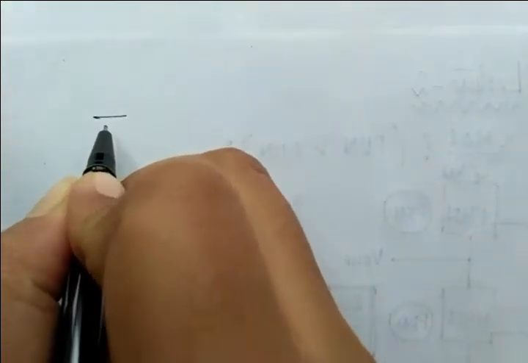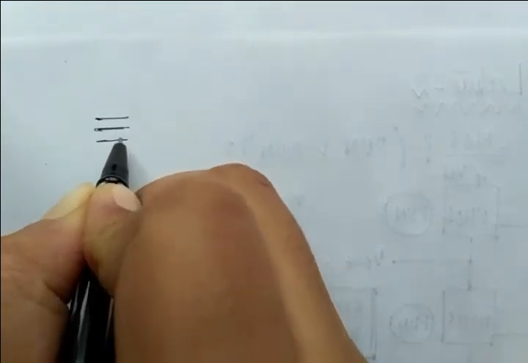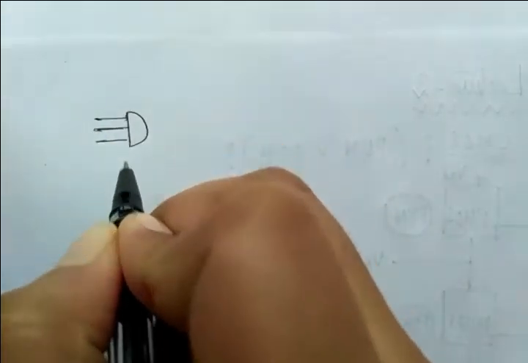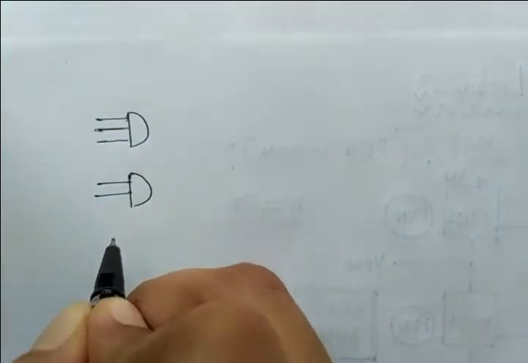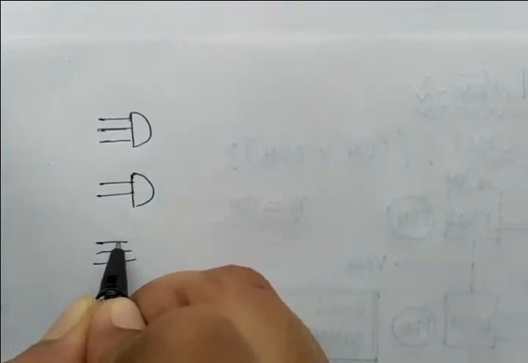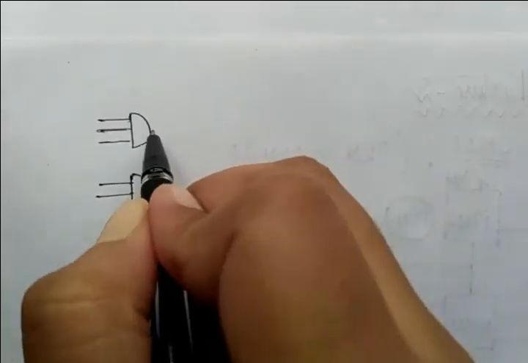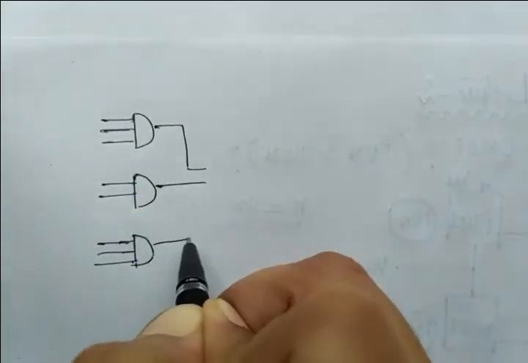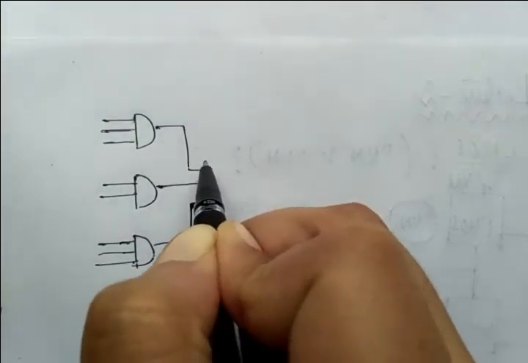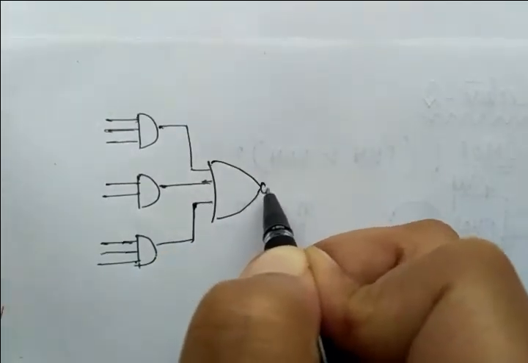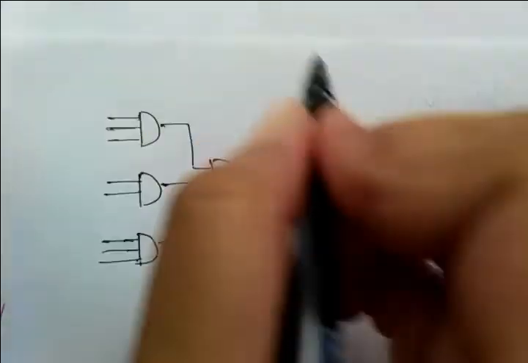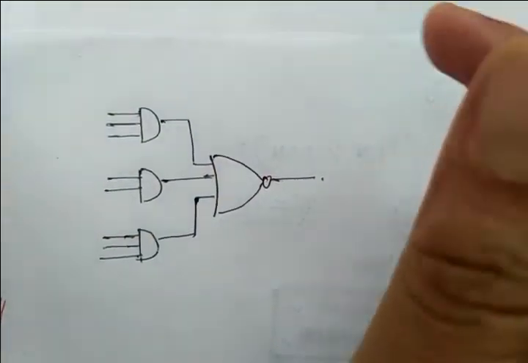Suppose I am giving you the relation, just a very basic example. This is a 2 input AND gate, and this is a 3 input AND gate, and all of this is combined. It is an OR and it is a NOT. So this is a realization to help you understand the very beginning level.